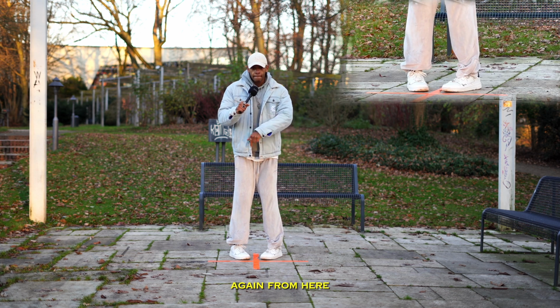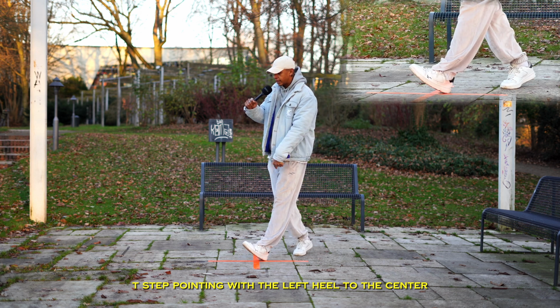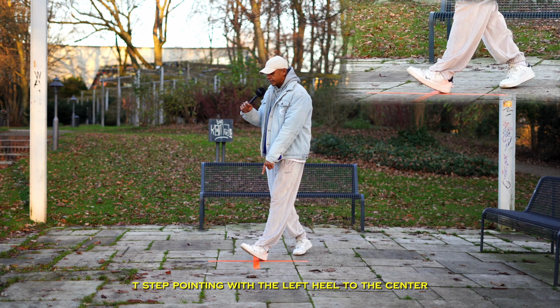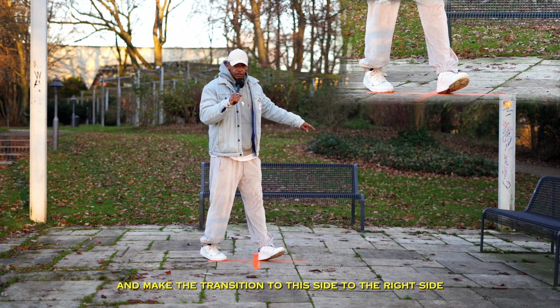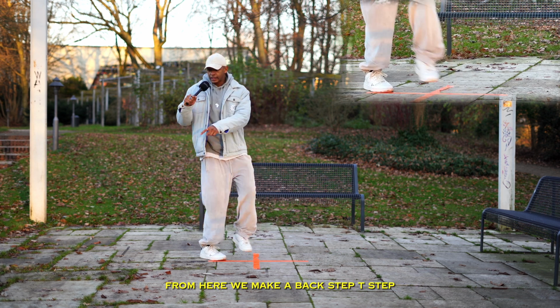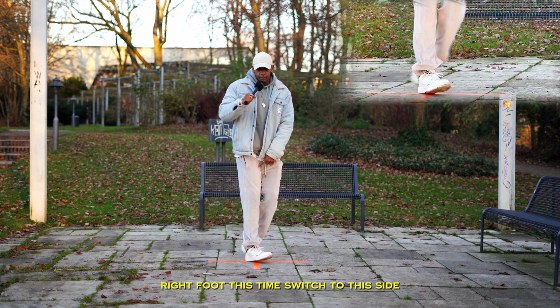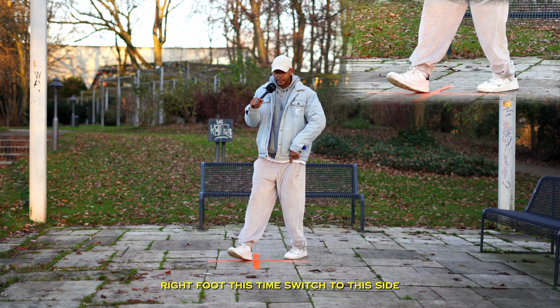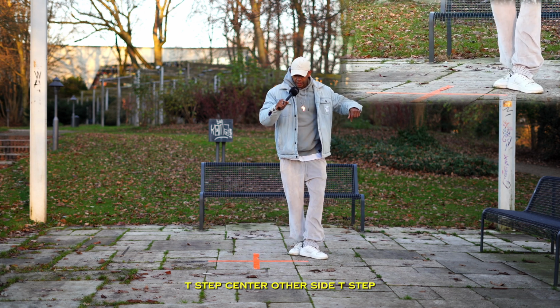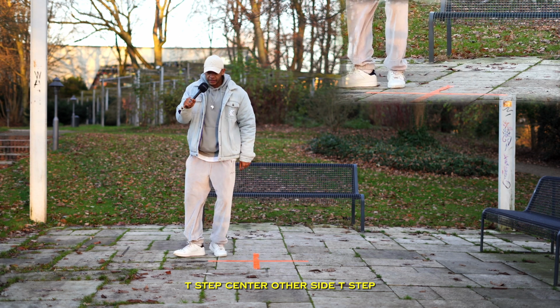Again, from here, T-step, pointing with the left heel to the center, and make the transition to the right side. From here, we make a back step, T-step, right foot this time, switch to this side, T-step, center, other side, T-step,